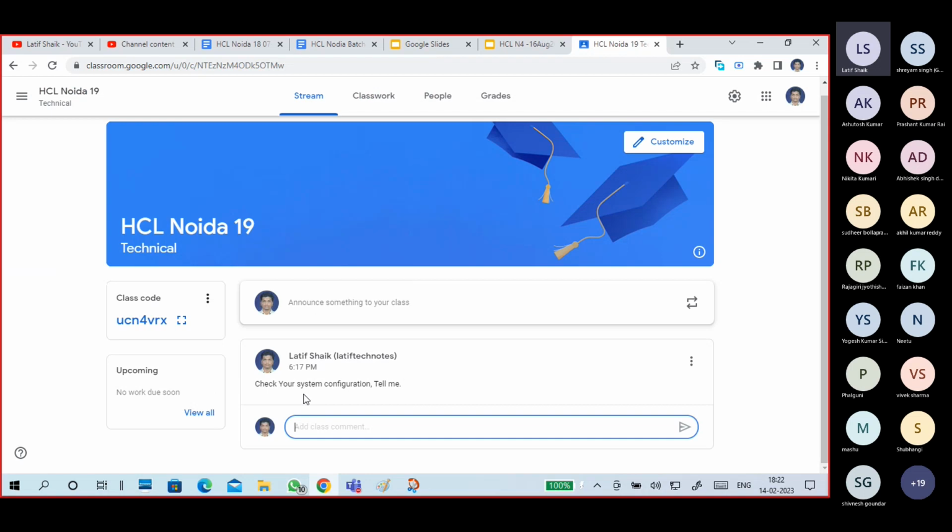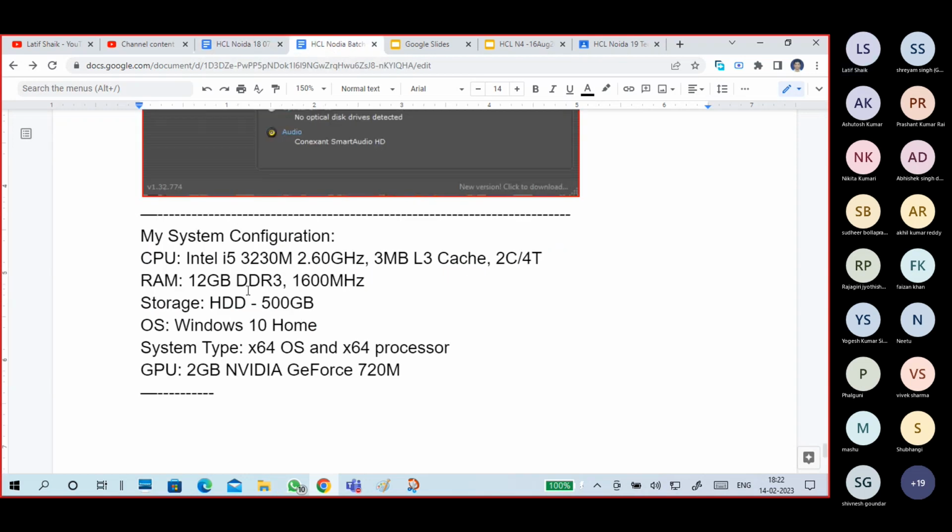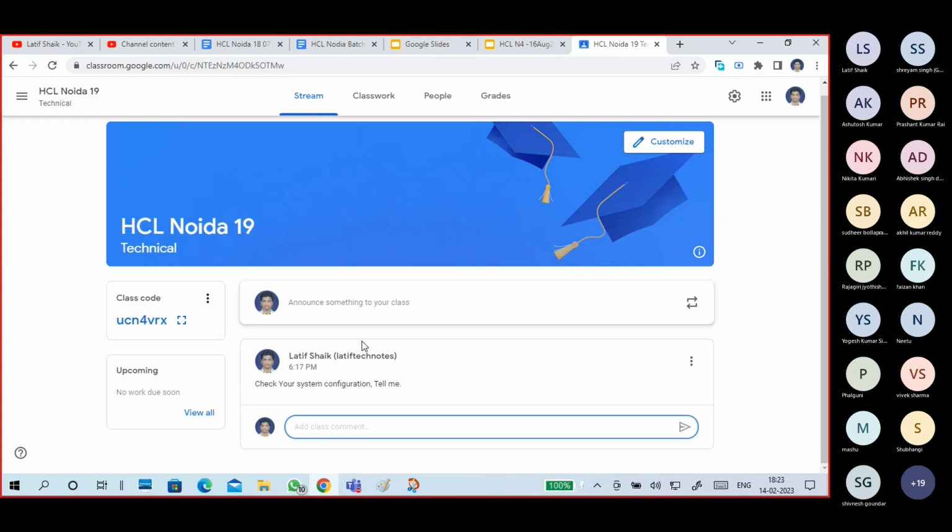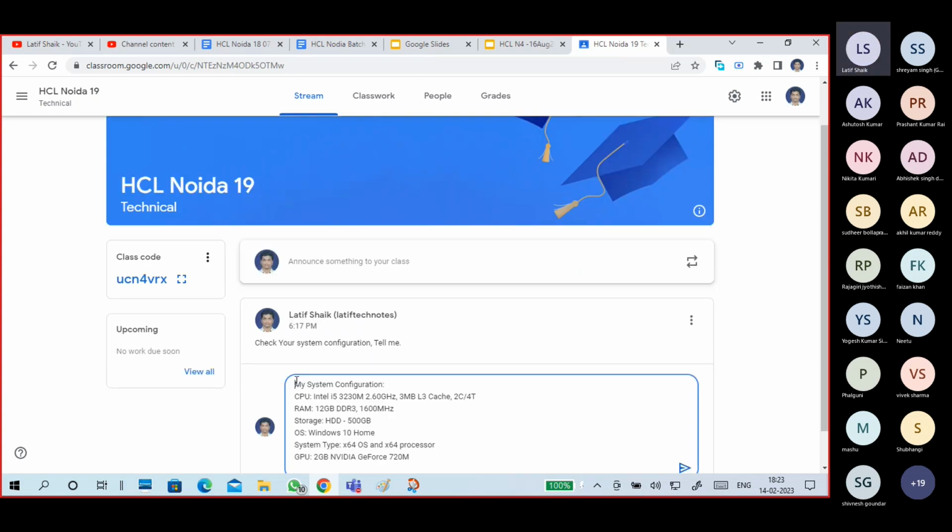So I'm posting mine. My system configuration is like this.